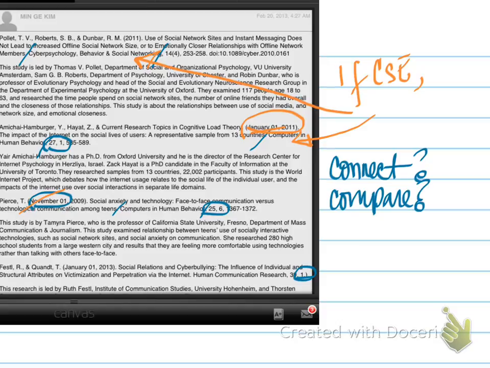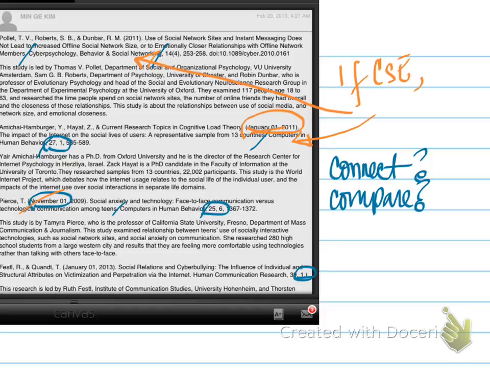I'm also pretty new to CSE, so I'm looking it up right now as I'm going through this. And what I see for an article in a journal would be, after the article title, give the journal title, the year, the volume number, issue number if there is one, in parentheses, and page numbers. So it looks very similar to